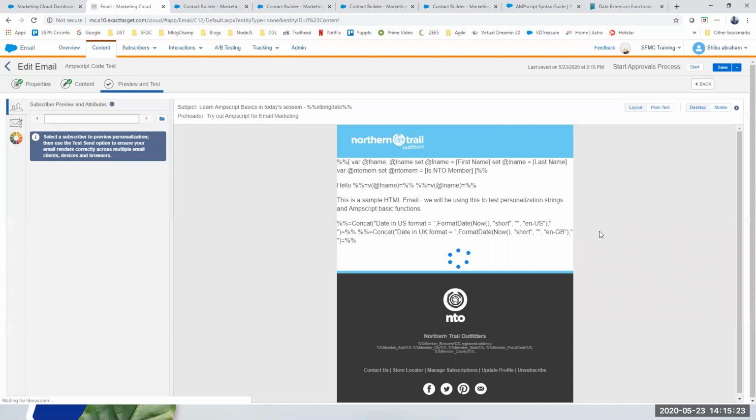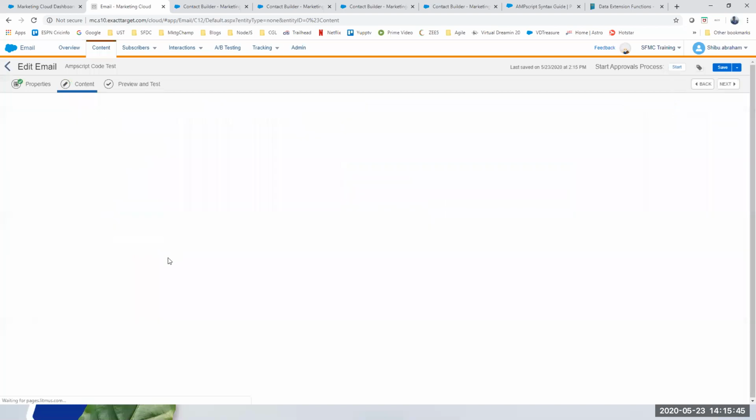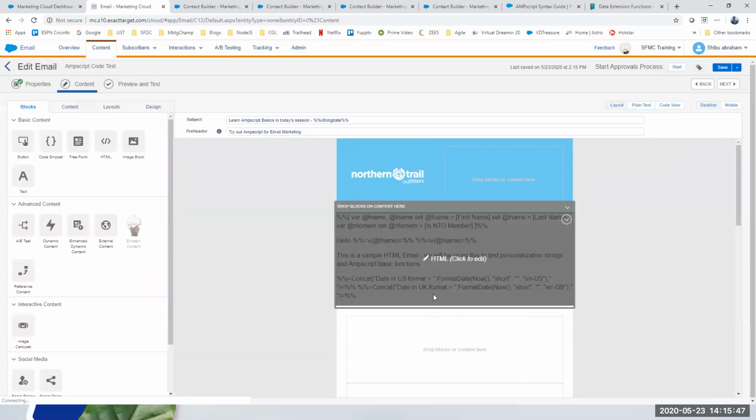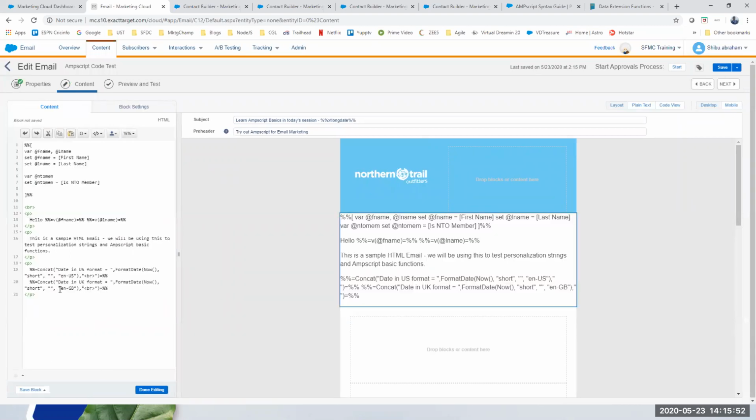So let's see what the output would be. Today is 23rd May 2020. As you can see, the US format, like we said, always starts with the month, but in the UK format, it starts with the day or the date. So it's quite useful in certain scenarios, let's say you are localized and you want to send it to a particular region and use that region's date formatting. Okay. This culture code you can get online, the different types of codes by country. You can go and click and find out. For French it will be FR-FR. So each country has a different code. Okay.